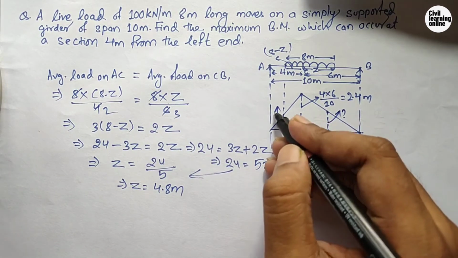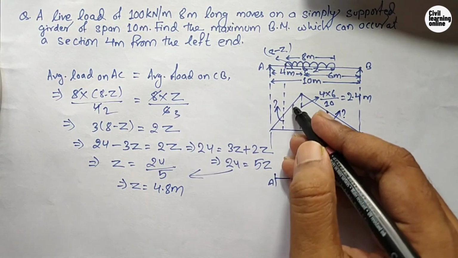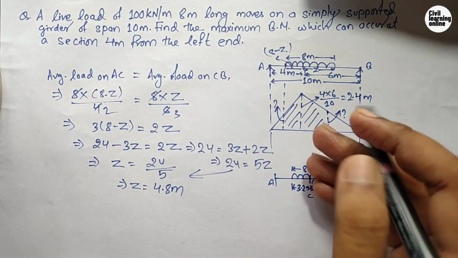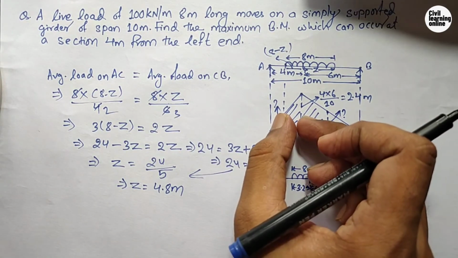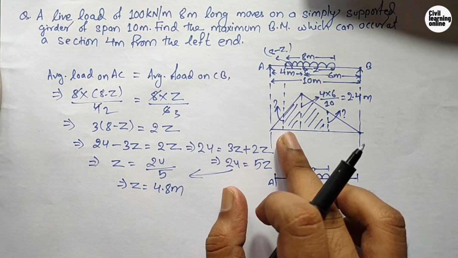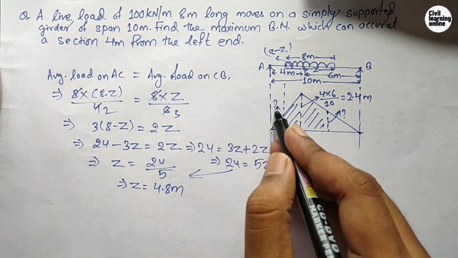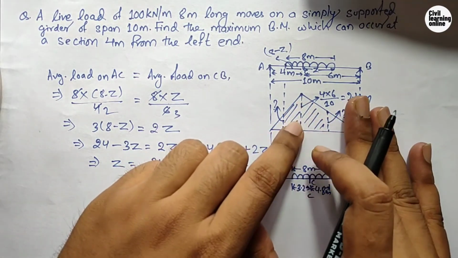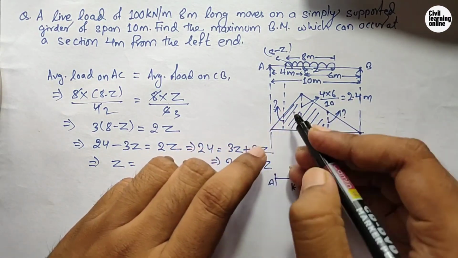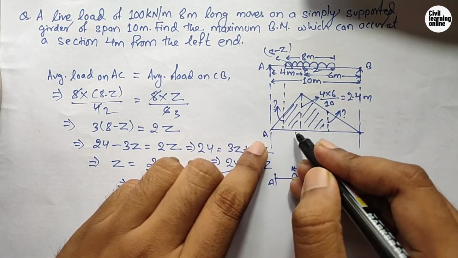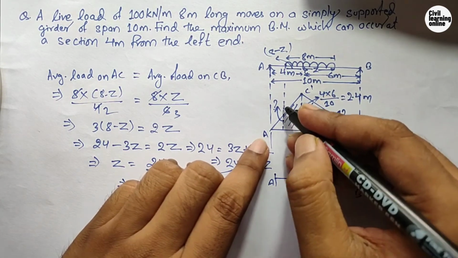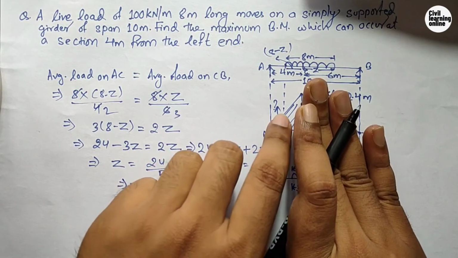ordinate, so that we will be able to calculate this area using the formula half times the sum of the parallel sides times the distance between these two sides. So how can we do this? Cover this, and we know that the height of this influence line diagram is 2.4 meter. So we will need to use the property of similar triangles. Here we are calculating this value, so cover this and calculate this value.